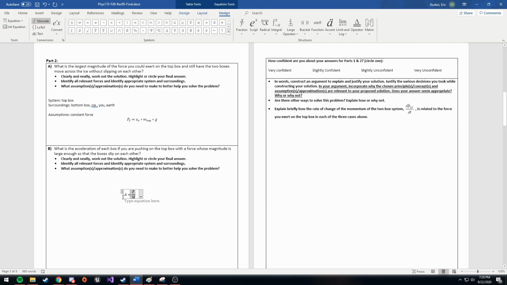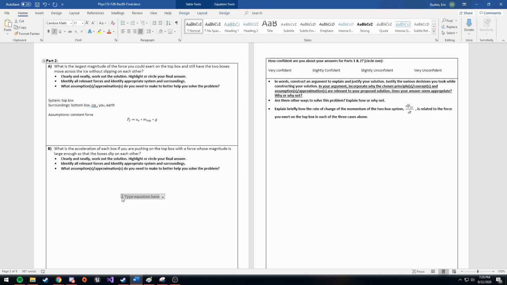I was thinking that the accelerations would be the same, but in opposite directions, because that just means the bottom box is like decelerating because it no longer has the original force applied to it, and the top box is the one accelerating, and they both have the frictional force applied to them. Did that make any sense?